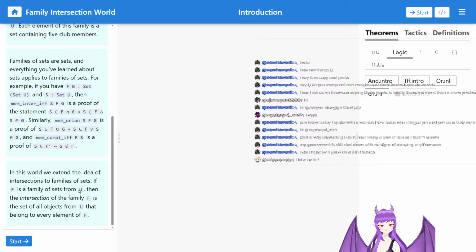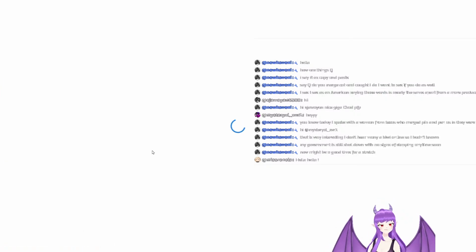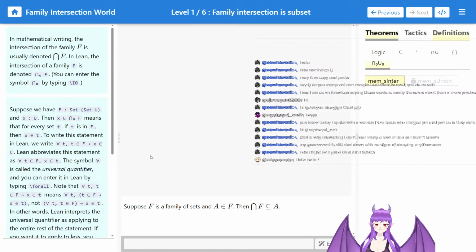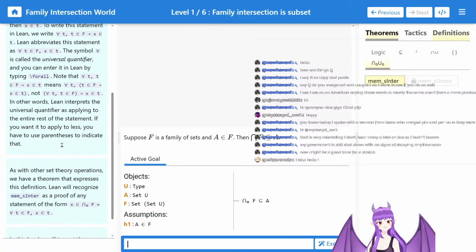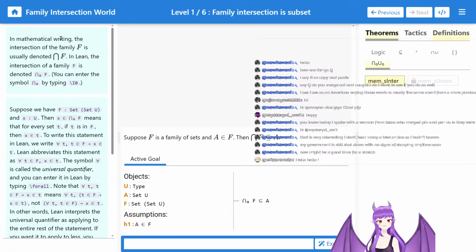If F is the family of sets from U, then the intersection of family F is the set of all objects from U that belong to every element of F. Oh, we get to use the big ones. In mathematical writing, the intersection of the family F is usually denoted as